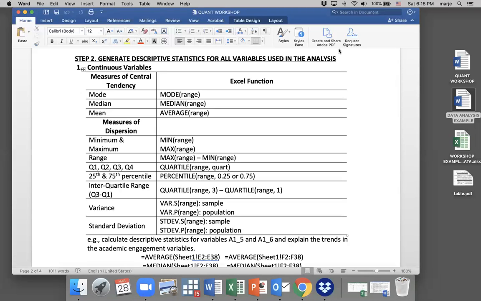Like, let's say the relationship was really high. But what does that mean when both engagement and GPA were high, or both were low, or maybe one was high but one was low? So we have to really know where the bases are by looking at the descriptive statistics before we even calculate